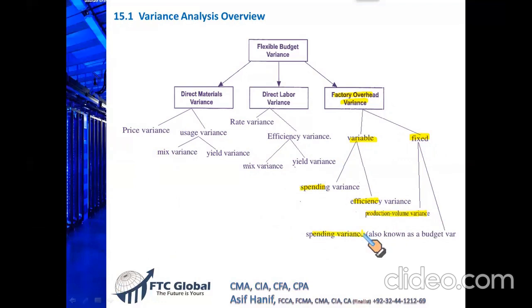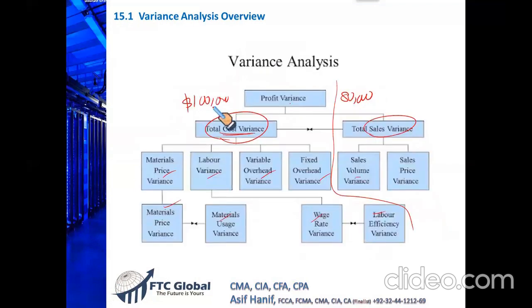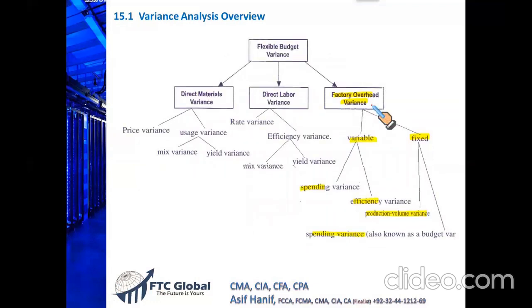So you can see we will go deeper and deeper, and we will find the cause of why, when our budgeted profit was 100,000, we earned less profit. We need to find what the cause is. What is the reason? Is it because of something somewhere here? We need to identify the problem area so that we can control our operations. We can take some corrective actions so that in the future we can earn our targeted profit, right? So that is the overall variance analysis overview.